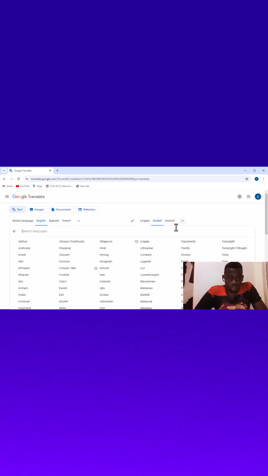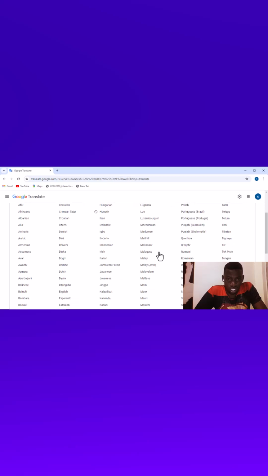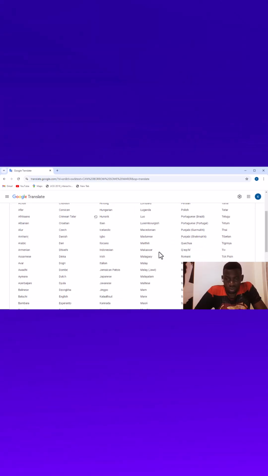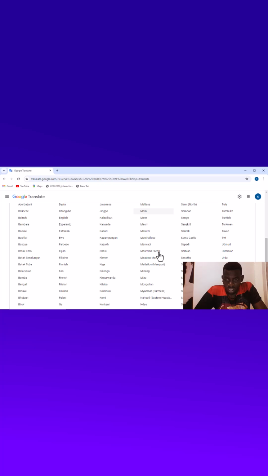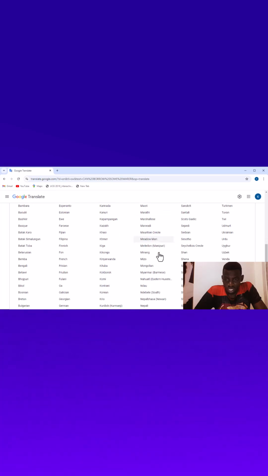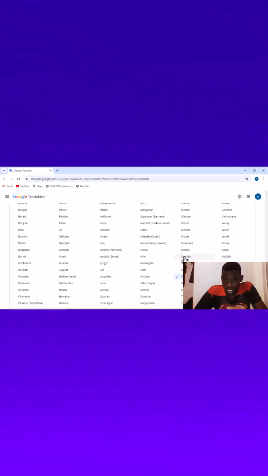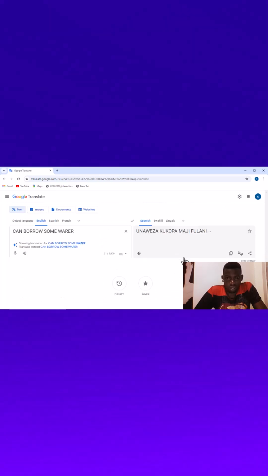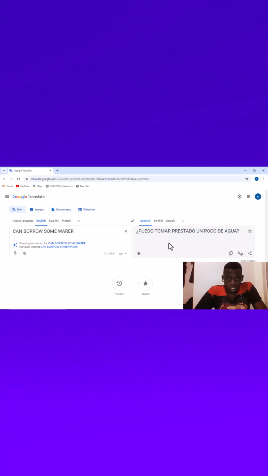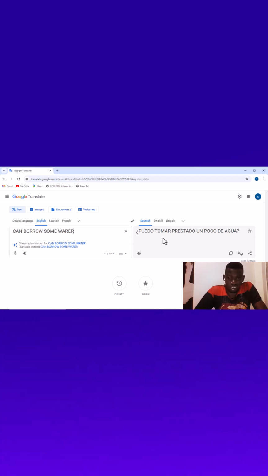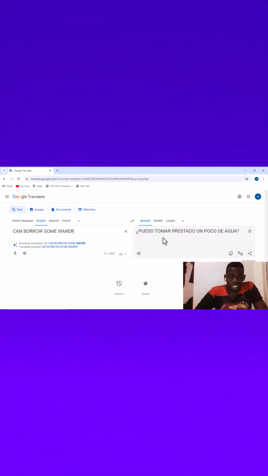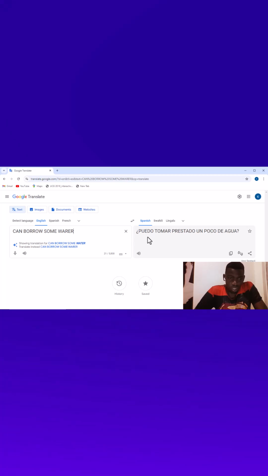Or let me say it is not Kiswahili, I'm not in Kenya, maybe I've gone to Spain and I need to interpret from English to Spanish. So I come here and I search for Spanish. Spanish is here, so I translate to Spanish. So it will give me the translation here. I don't know how to read Spanish, but the person I'm communicating with will be in a position to. So assuming I want to ask for a direction,